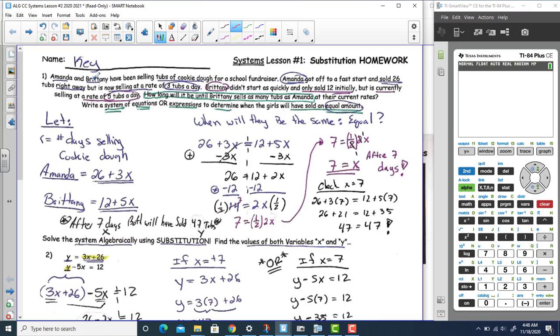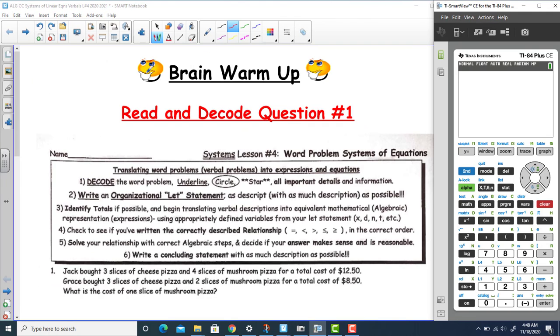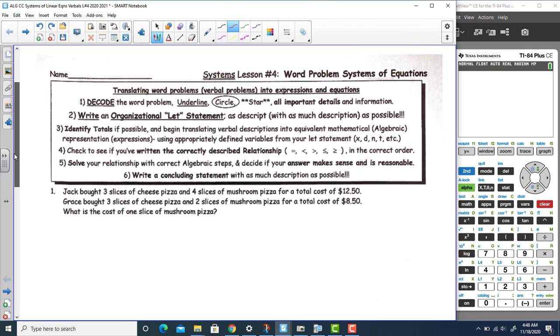The only difference is that when we looked at equations like Brittany and Amanda selling the cookie dough for a fundraiser, I had already decoded the relationship for you and gotten the two expressions and or equations that we were going to use in our system. In today's work, you're going to have to decode the relationships by yourself